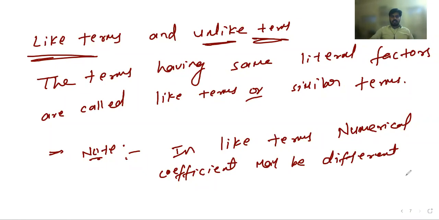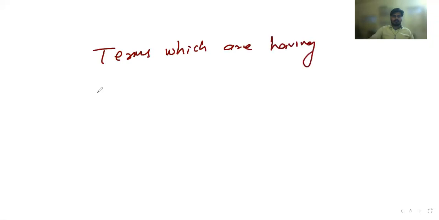Suppose I will write some like terms here. Unlike terms means different literal factors. The terms which are having different literal factors